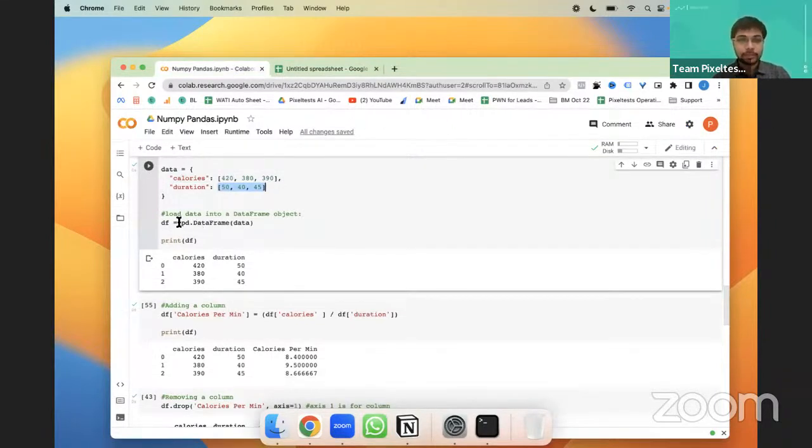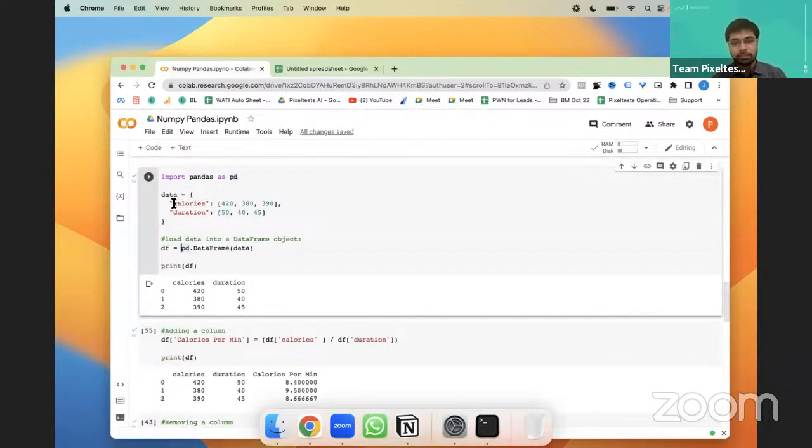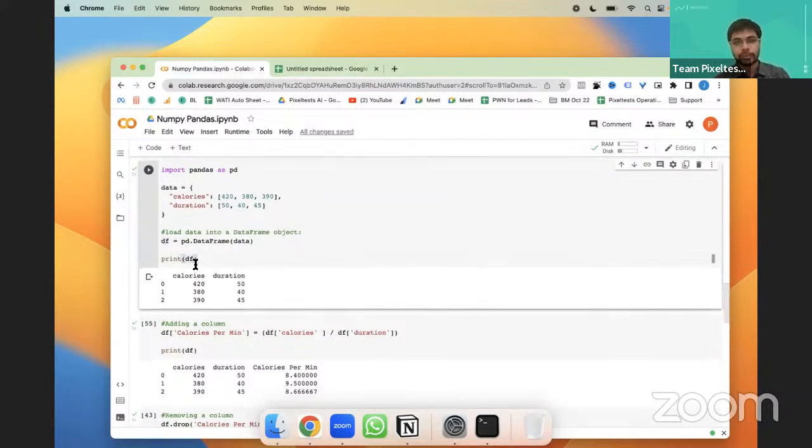In this, we are going to use the DataFrame function, with D and F capital, in pandas, and whatever data we have created in this particular dictionary, you're going to print that data here. Okay, so I'm going to run this.